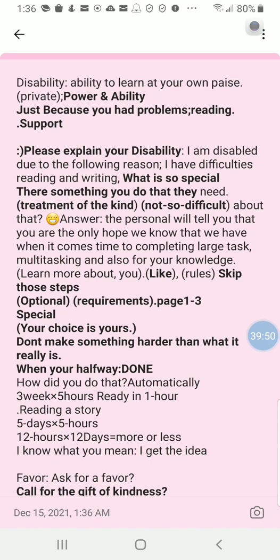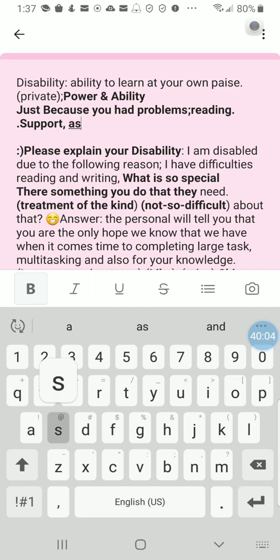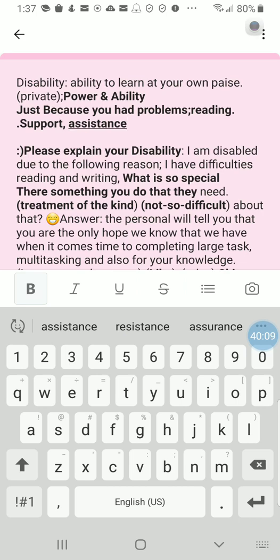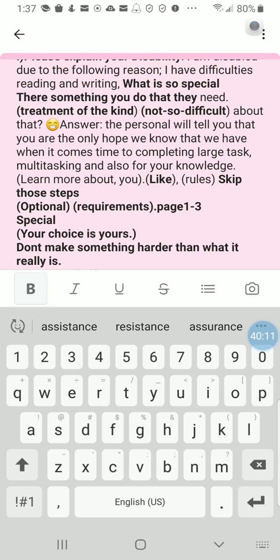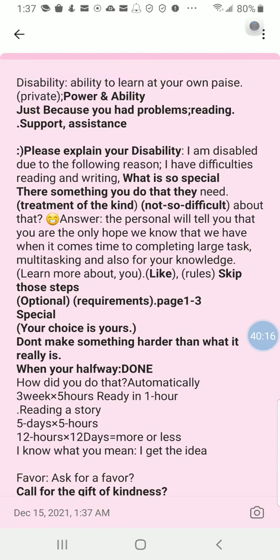If you have a little bit more help with getting something done, that makes a real big difference. Like everybody else might say, if you have more support and assistance with working on something, for sure it'll go a lot faster. And that's why everybody else might say that whenever you explain about your disability, half the time